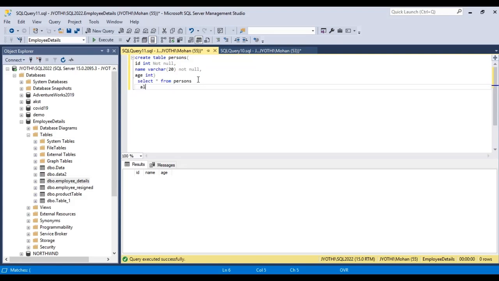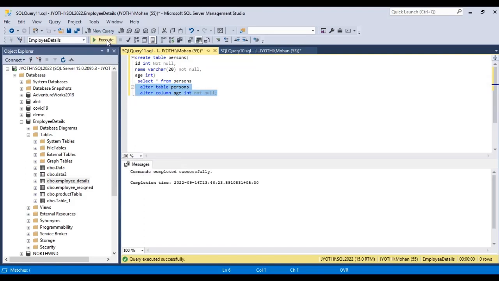Alter table persons, alter column age int, not null. If you execute this statement, now the age column also does not allow null values. Some value should be present.